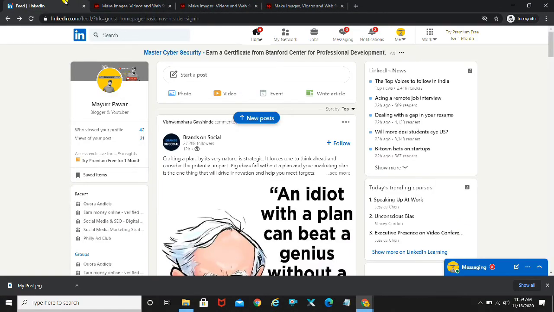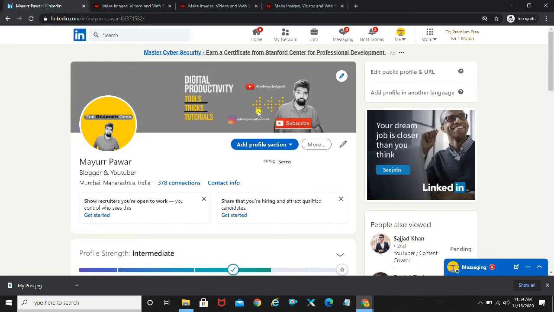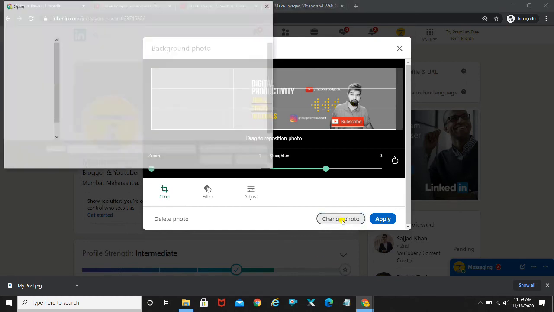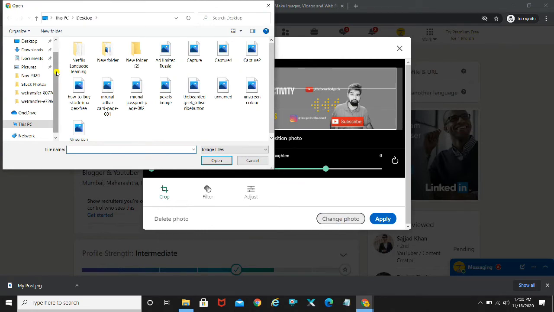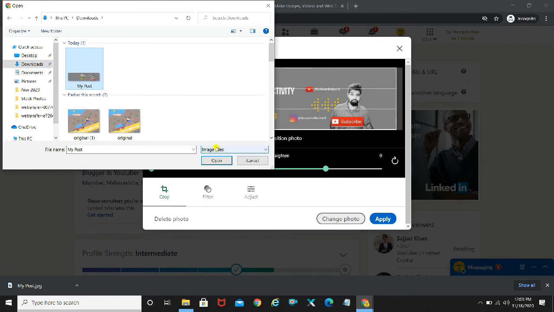As far as changing the cover image is concerned, I have already downloaded that particular image, and this is how it's going to look. But to change the cover image, you will have to click on this pencil icon here. The moment you click on that, it's going to give you an interface like this, and you can click on this change photo button here. Select whatever image you want to replace it with. I'm not going to replace the image because I already have the image set up, and just click on the